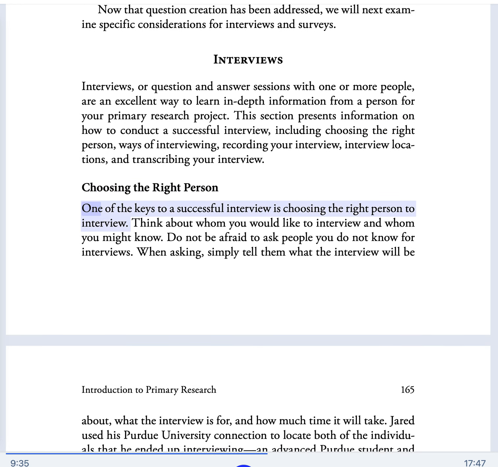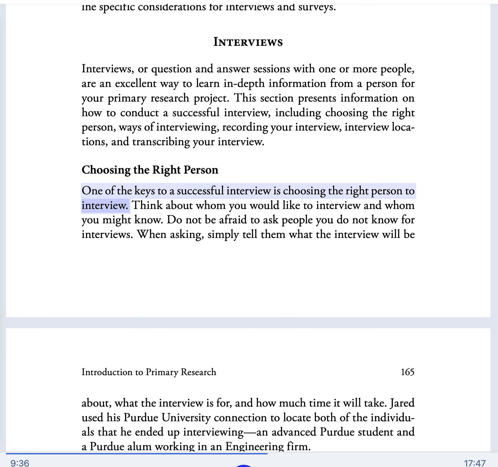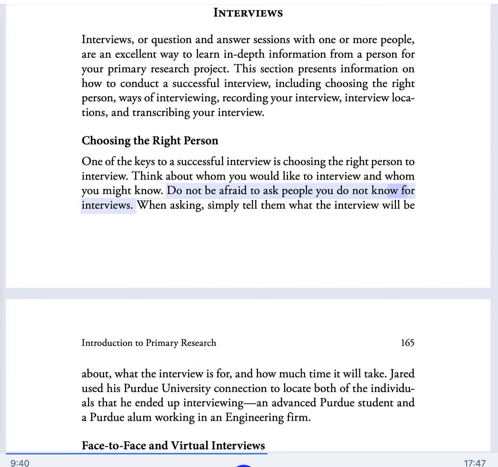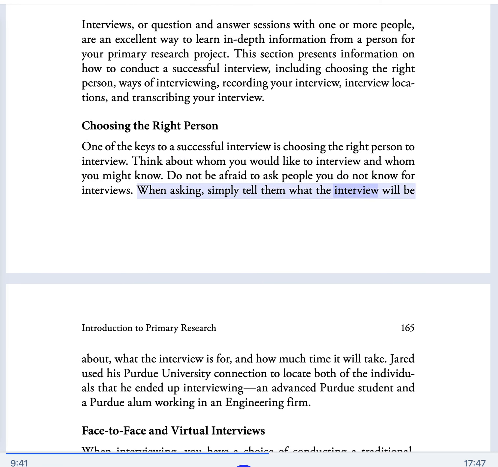Choosing the right person. One of the keys to a successful interview is choosing the right person to interview. Think about whom you would like to interview and whom you might know. Do not be afraid to ask people you do not know for interviews. When asking, simply tell them what the interview will be